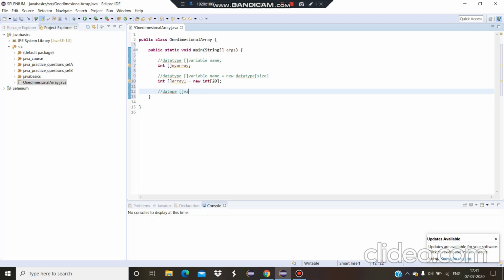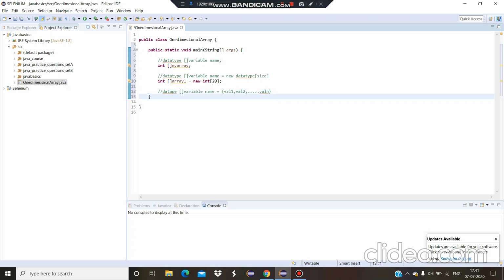Variable name equals curly braces, and inside this you have to specify val1, val2, val_n.